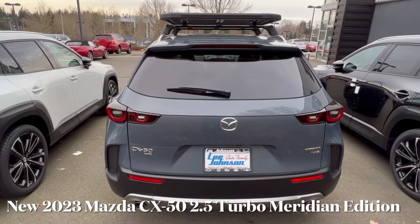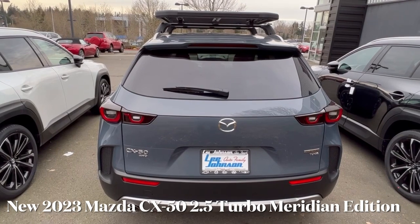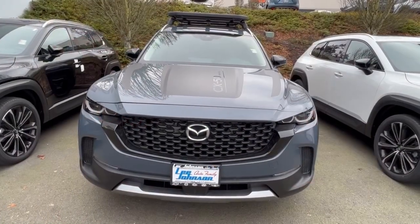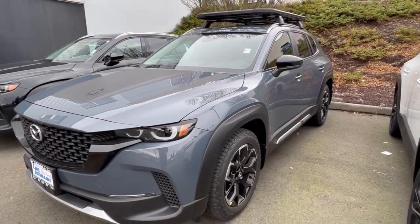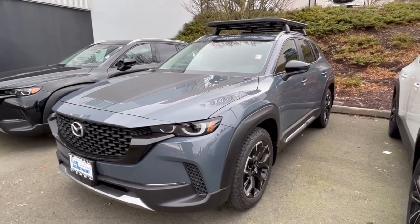Hello and welcome back. Today we are going to be taking a quick look at this 2023 Mazda CX-50. This one is the 2.5 turbo Meridian all-wheel drive. One thing that really sets this new CX-50 apart from every other compact crossover SUV in its class is the